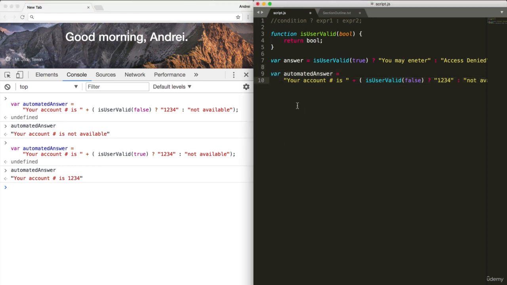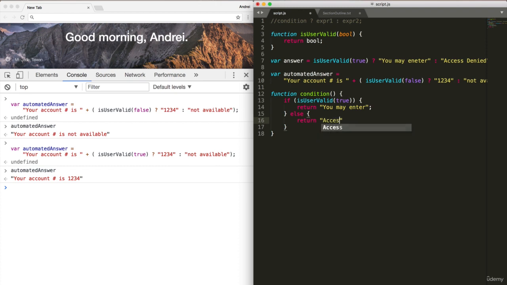Now you might notice that this is actually not that different from if you did function condition, we'll just call it condition, and we'll say if isUserValid, return you may enter. And you did else, return access denied. This function over here, condition, if I say variable answer2 equals condition,